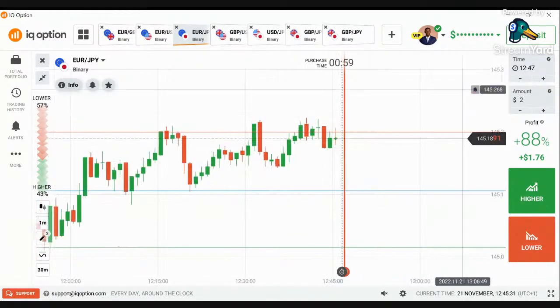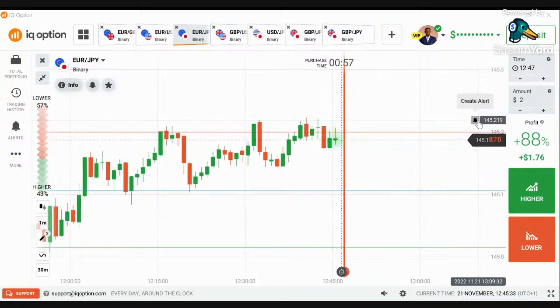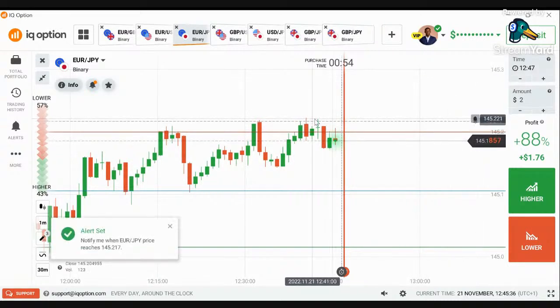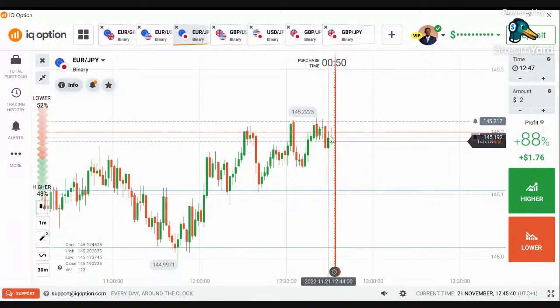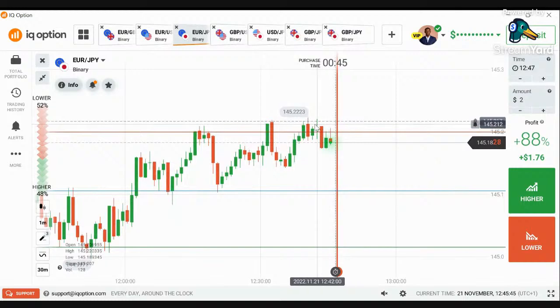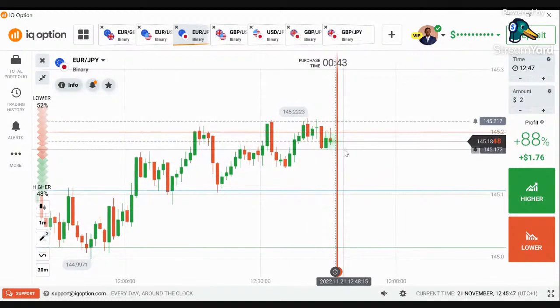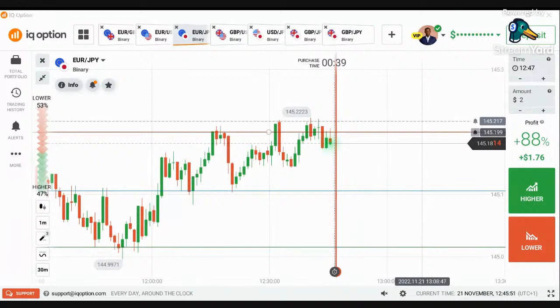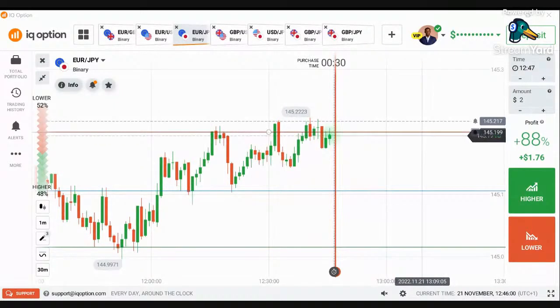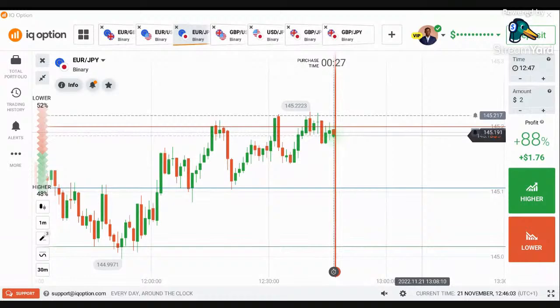The market could get up to this high again. I think I'll sell. Market could get up to that high, I'll sell. That high looks attractive for the market to reach. The market could continue selling because it was giving higher lows, but you can see this good red candle. So the market could retrace here and start selling back to this point. I think that's what it might do.